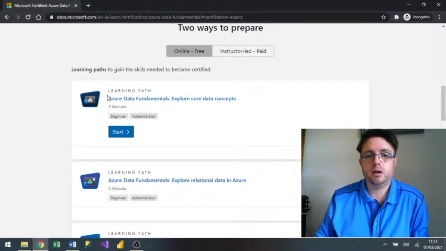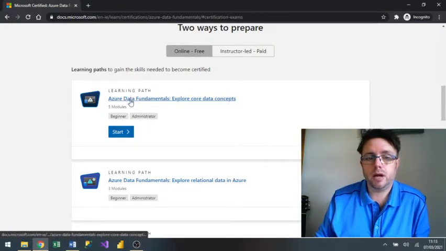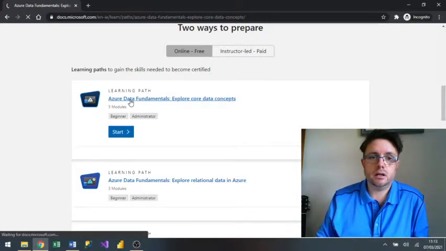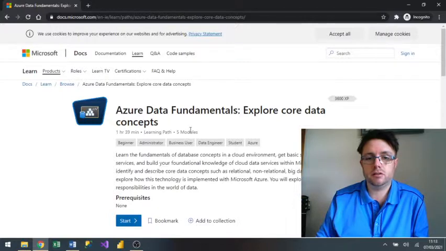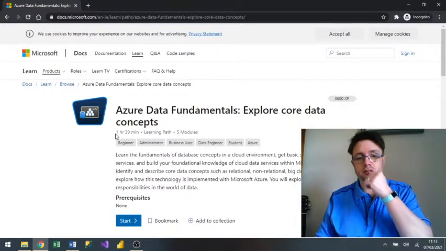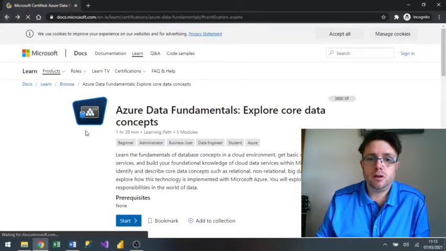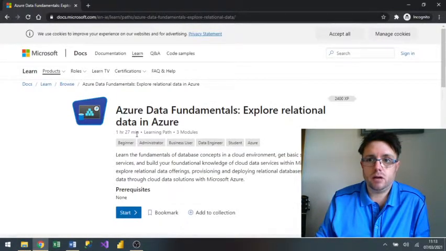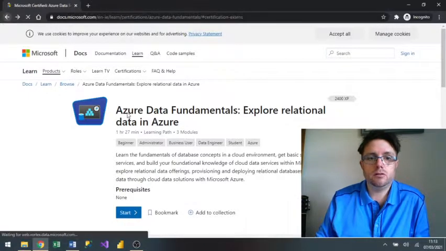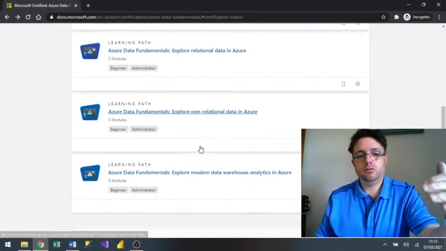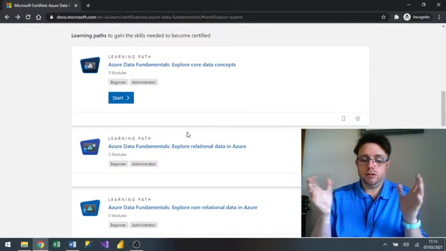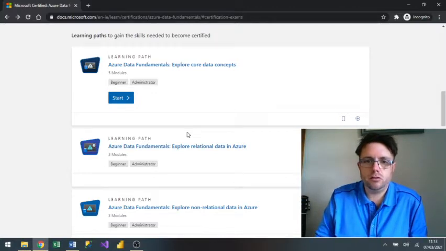So I would prepare firstly by going through all the learning paths that Microsoft advise, and the timing of it. You click on each of the paths that contains a group of modules. So let's say that's just over an hour and a half for that one. For the next one, it's an hour and a half as well. So if you go through it like that, 1, 2, 3, 4, you might end up with about 6 hours. And then you have an idea. It's going to take me about 6 hours to go through the Microsoft learning paths for it,